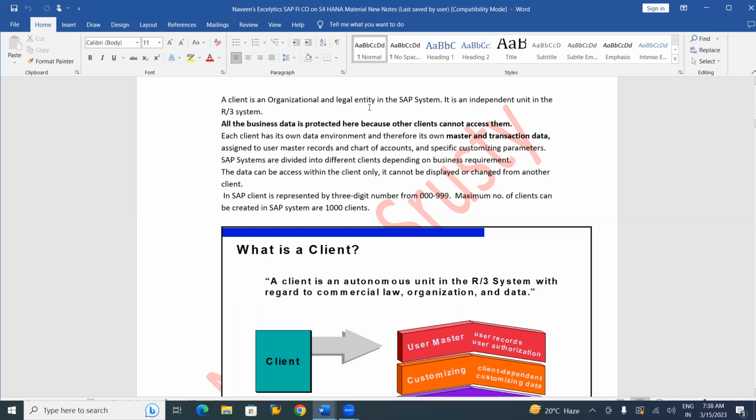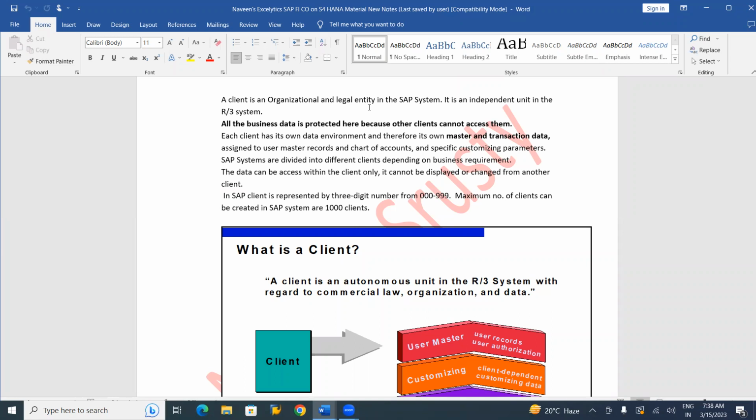If I say client 200, it has some separate structure, so we are recognizing client 200. If someone is working on client 200 in that particular organization, we can say this person is working for so-and-so company code. Same thing, client 300.